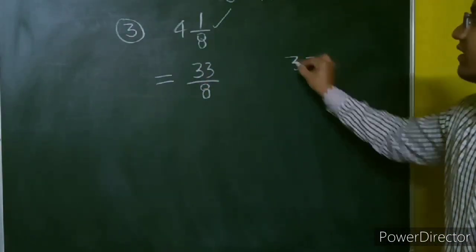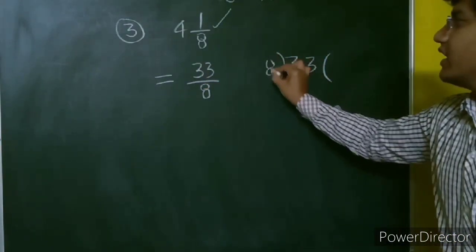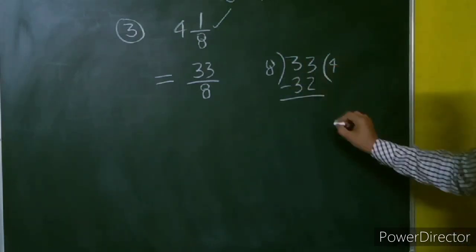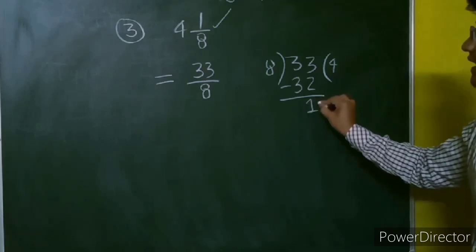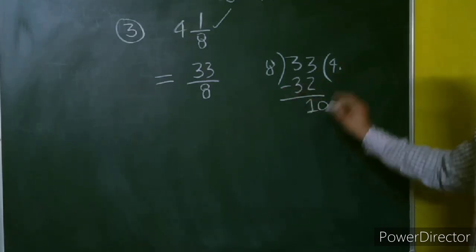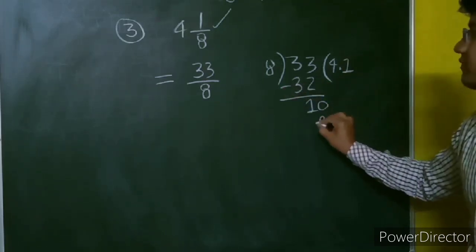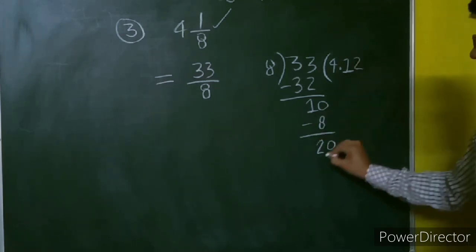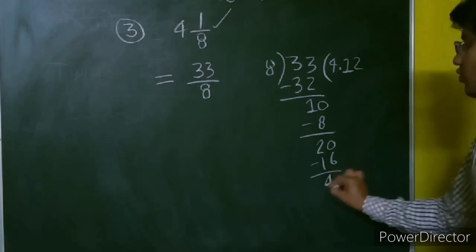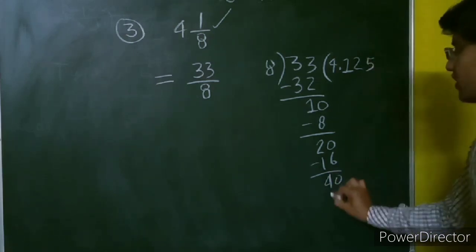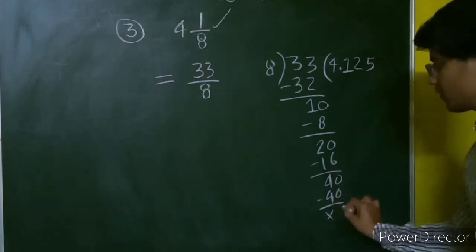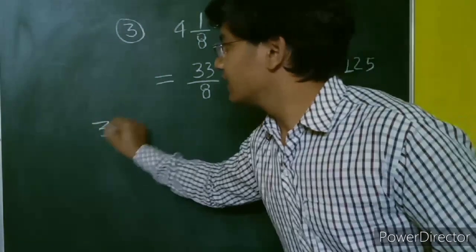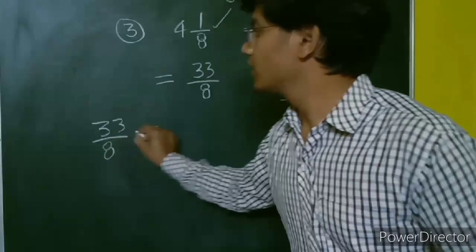So 33 divided by 8. 8 4s are 32. 33 minus 32 will be 1. We will write here 1 0. So point will come. 8 1s are 8. 10 minus 8 is 2. 8 2s are 16. Remainder is 4. 8 5s are 40. So our answer came 4.125. So we will write here 33 upon 8 equals to